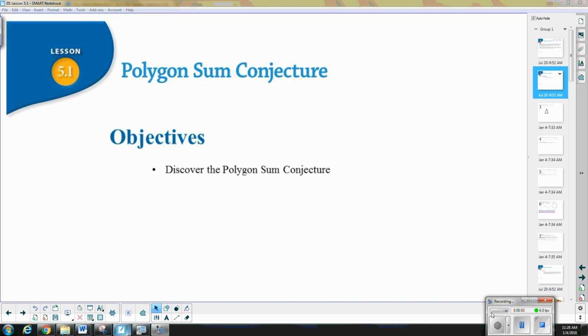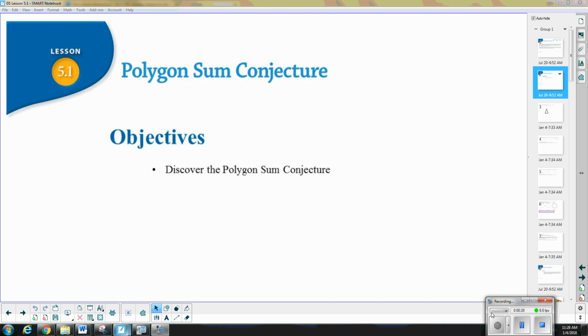Ladies, this is lesson 5.1, and it's talking about some of the polygons' interior angles. In the last chapter, we focused a lot on triangles, but this chapter, we're going to spend more time focusing on different kinds of polygons and trying to come up with some general rules for polygons as a whole. But you still need to know the properties of the triangle